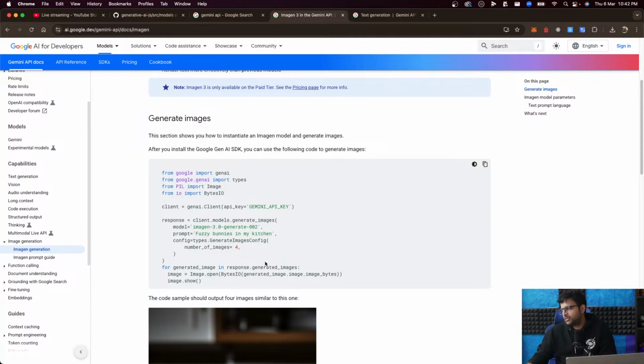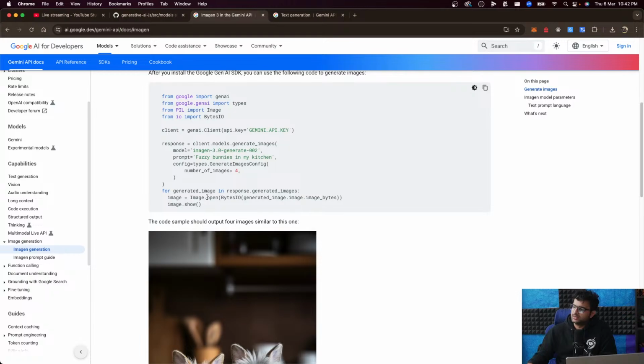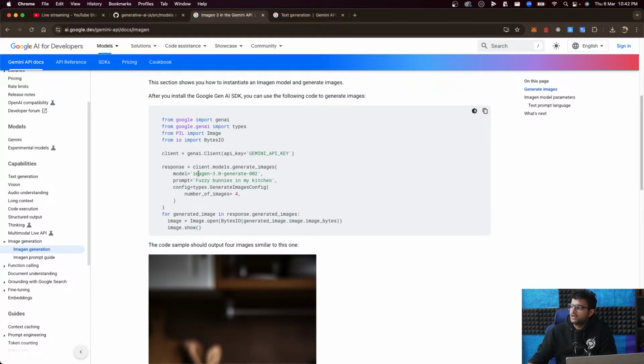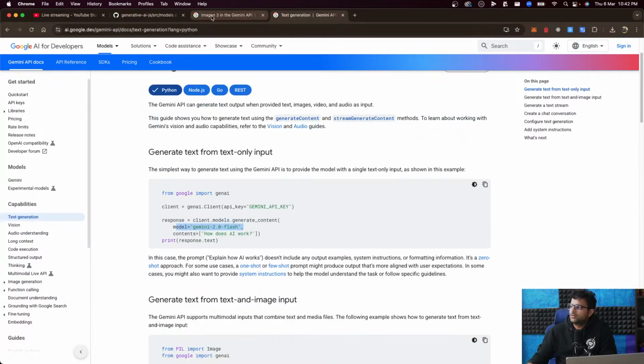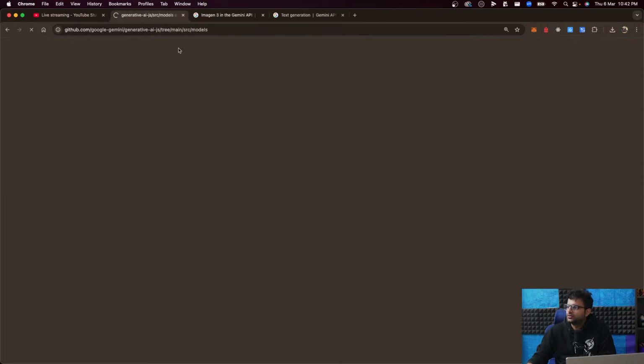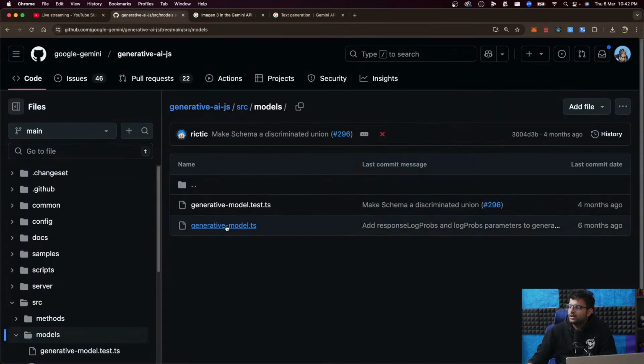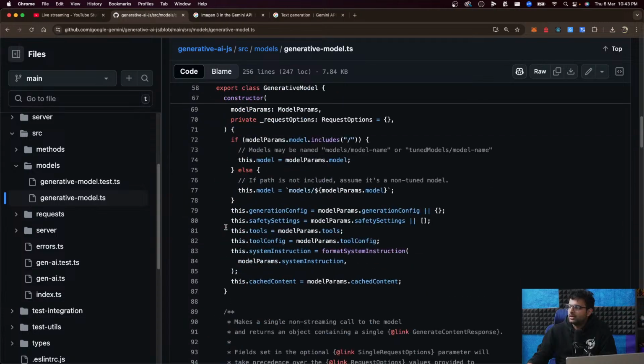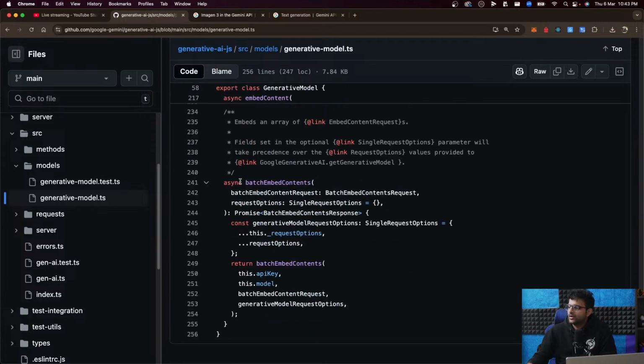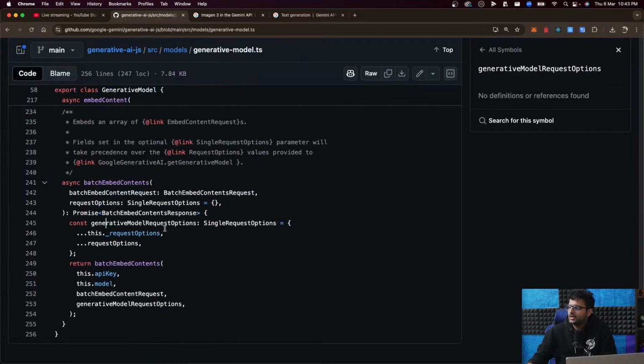So that probably means we can't really change the client. I mean, we probably can. I don't know. It really depends on us. It's sort of up in the air. But based on what I'm seeing right now, they probably expect us to edit the generativeModel.ts file and introduce a new function here called createImages.